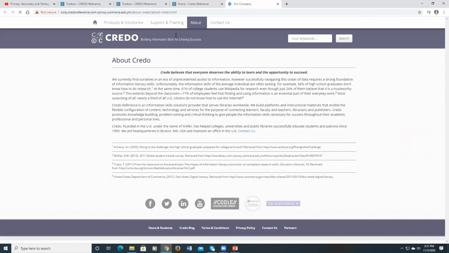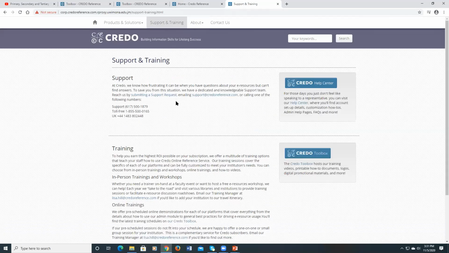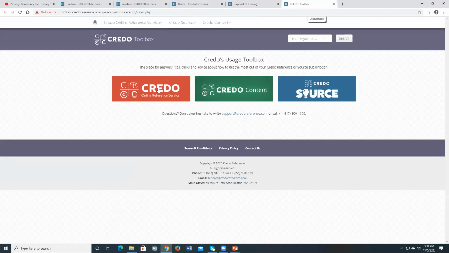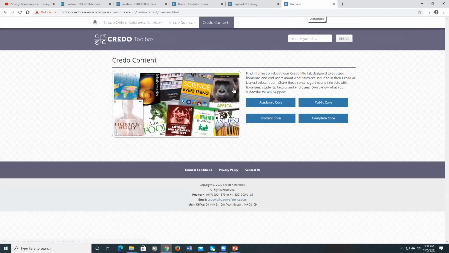And then you come to the top center of the page, support and training. And then Credo Toolbox. You select Credo Toolbox. You can select online reference service, or you can select Credo content. It will take you to videos that you can watch. You can also select Credo source